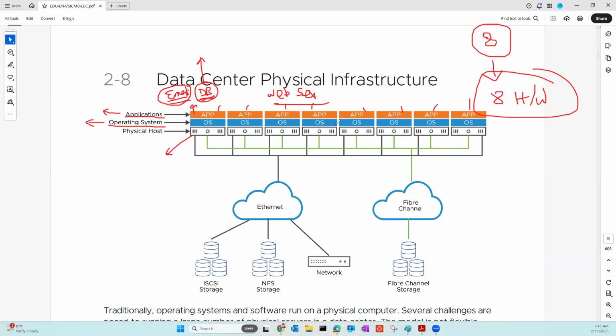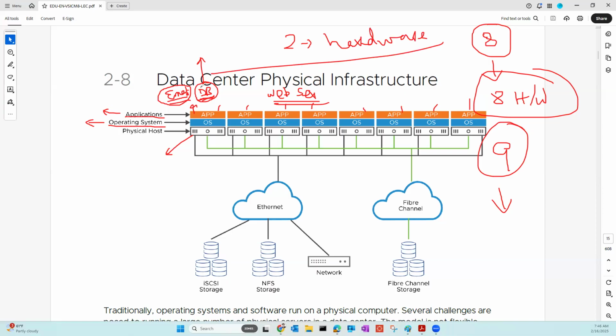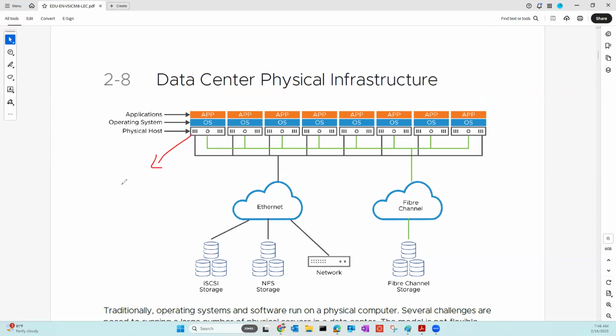So maybe I will install web server on 2 hardware. So that means I will need total 9 hardwares because for web server, I need 2 hardwares for redundancy purpose or for high availability. So this is the limitation of the physical data center. And also, as you can see here, if you have hardware with 64 GB of RAM, right,